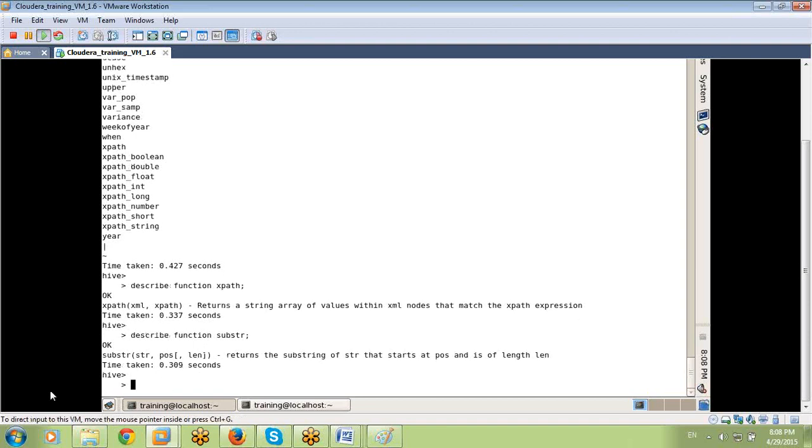What we are doing here is mentioning the column name and positions in substring. Similarly here also, the column name and the path, which path I want. Simply this XPath returns the XML value as text format.